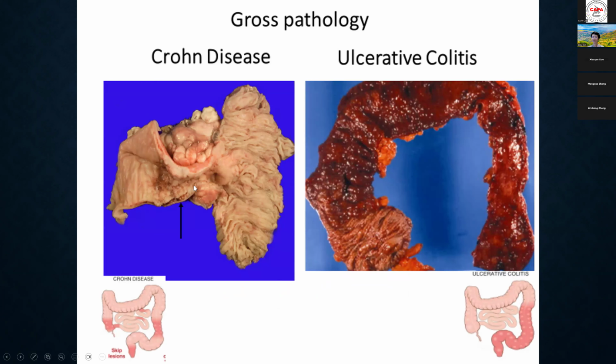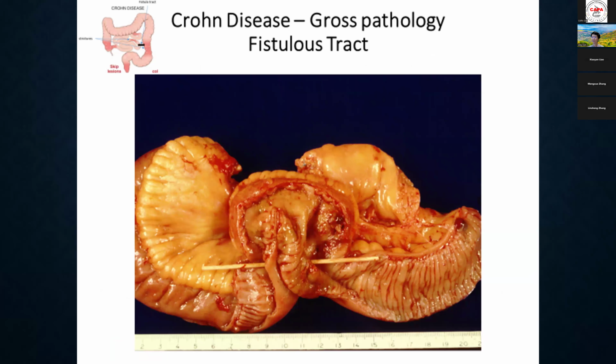Okay, so we can easily identify a linear ulcer. We see wall thickening, and there's a hole. It's probably a fistula, and then you can see there's creeping fat outside. And you can see continuous erythema and ulceration involving the distal and mid colon, and then the right colon may still be normal. And here you can see a fistula connecting to a segment of bowel. That's called the fistula tract.